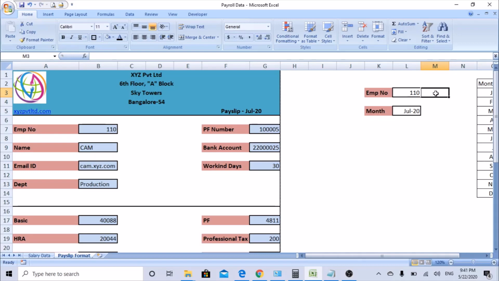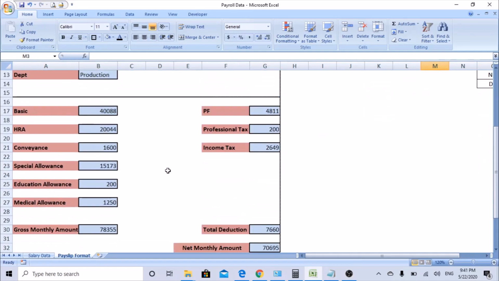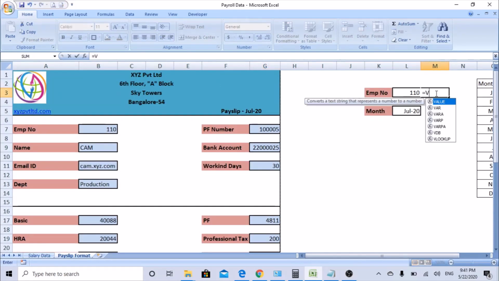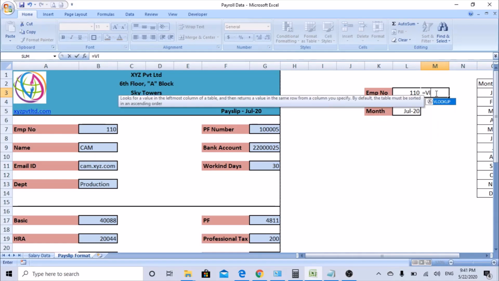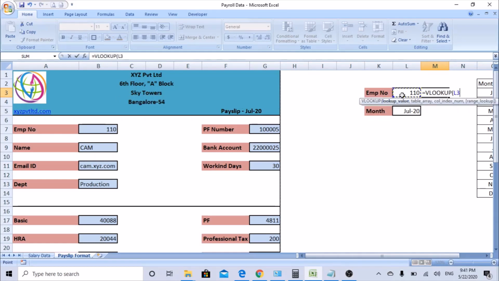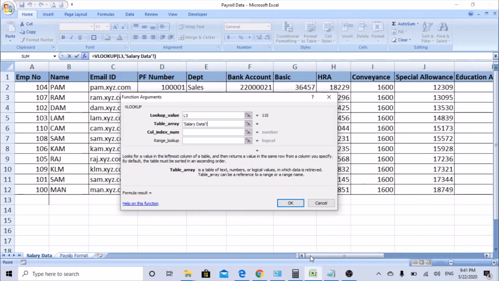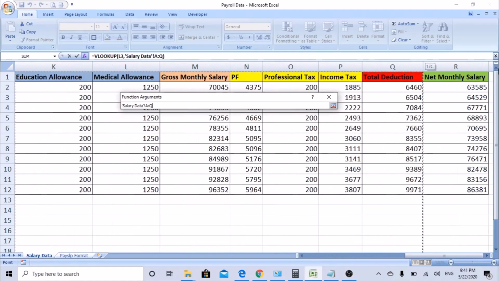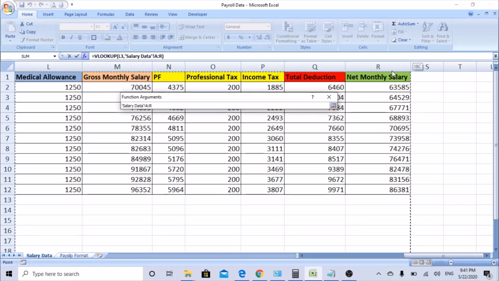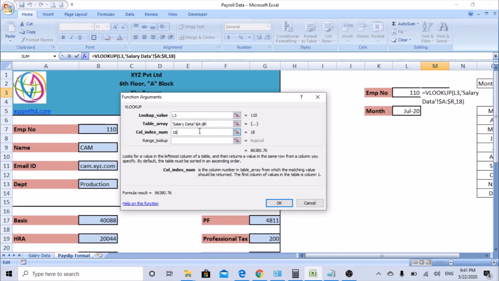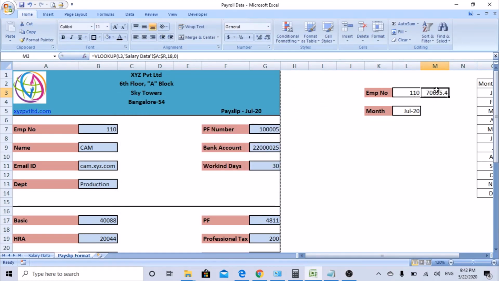Okay, and you can also keep a check whether the values are picking correctly. So how can we do it? What I did is I was summing up these totals, right? Or you can give a checkpoint here, saying equals, we look up this cell. Let's open this box, table area, go to the salary data, employee, go to the last net amount. Net amount is the 18th column. Select, freeze this cell, put 18, 0. So it gives the actual total net amount.